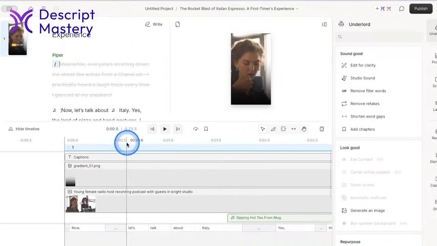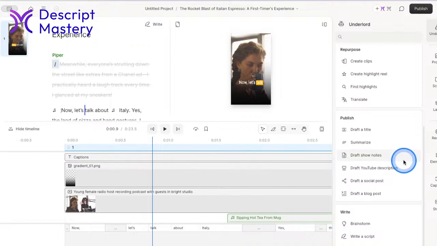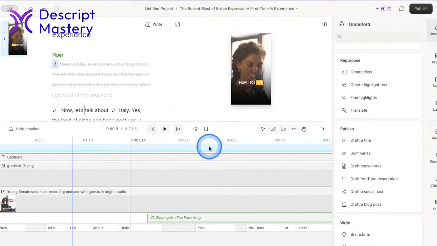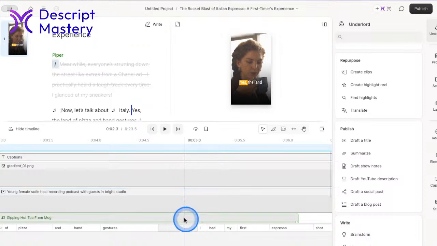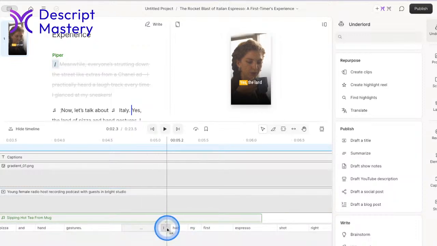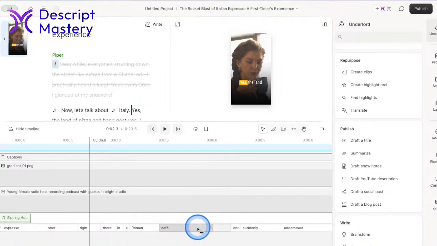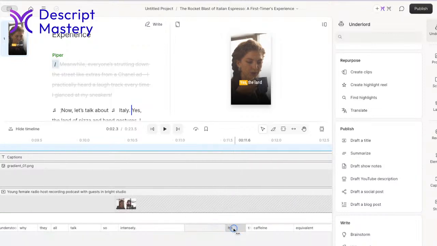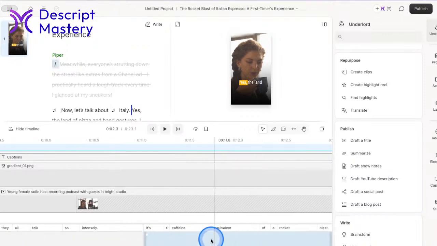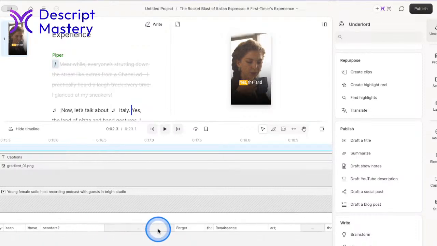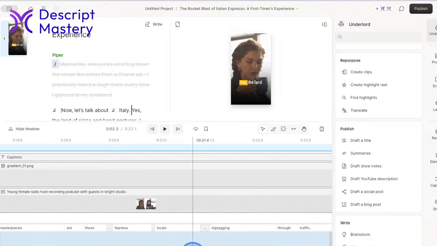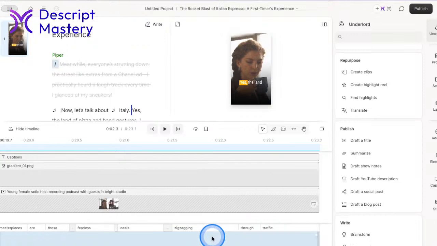Okay, so what else can I do with that? From there, I would tighten it up. This is actually probably what I would have done first, is just tighten it up. Clips tend to be very fast paced, so you want to aggressively get rid of filler words. You want to get rid of gaps. Like if there's a long gap in her thinking, you'd want to cover that up by just grabbing words, shortening it up. And you just want to make it as interesting as possible. Get rid of all the fluff. I'm talking about editorially here, and just make it very interesting.